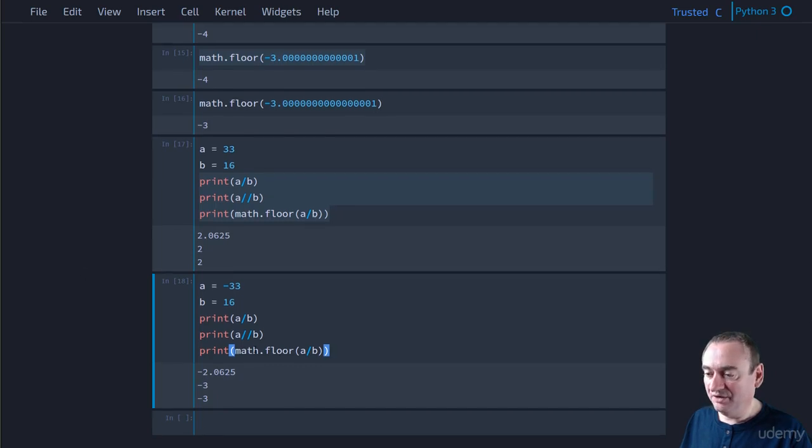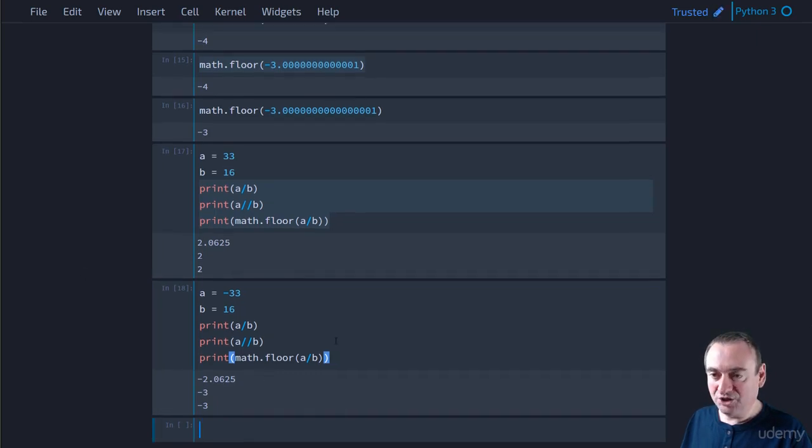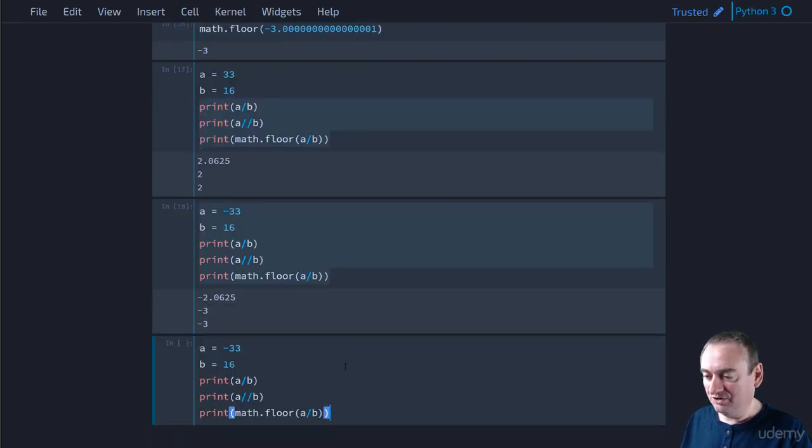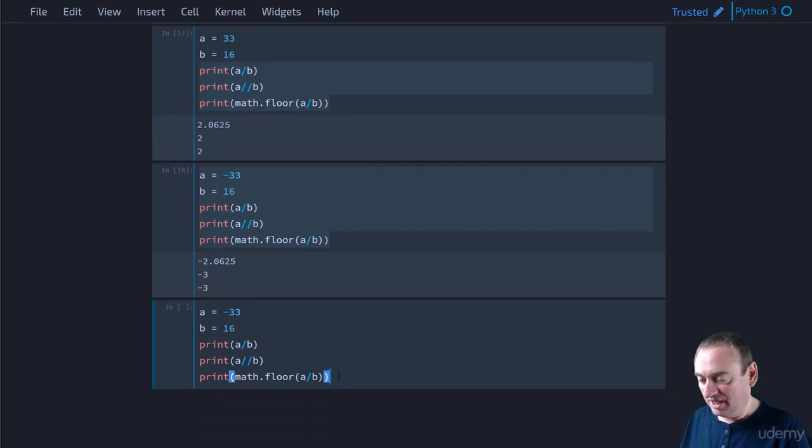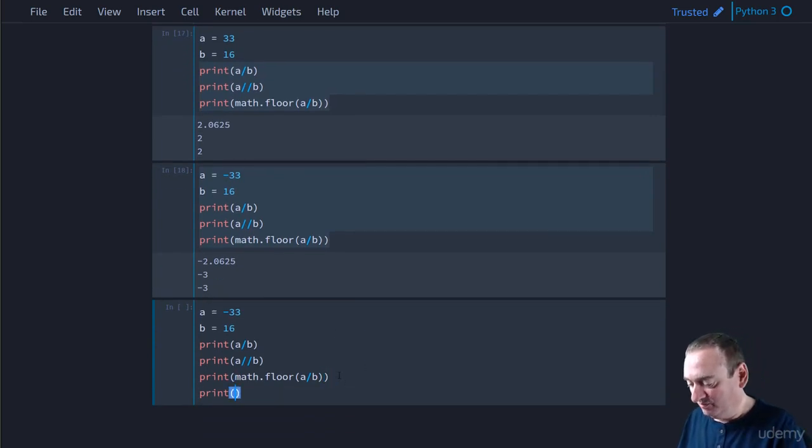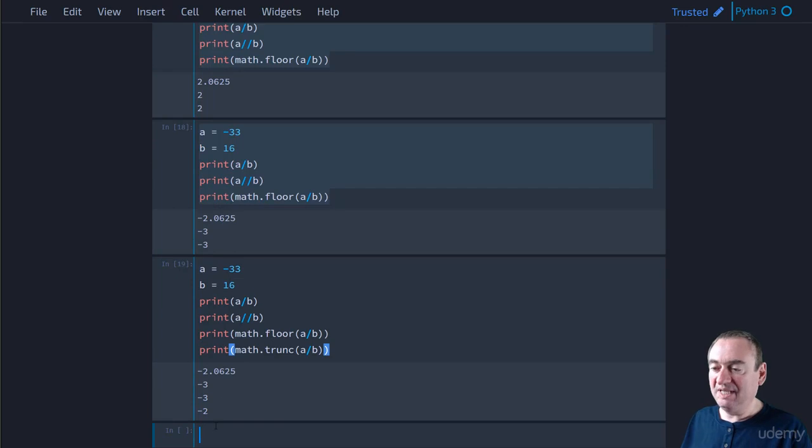Now I want to compare and contrast truncation, right? So let's look at this one again. I'm just going to copy and paste this code in here, and we'll look at truncation. For truncation, we'll print math.trunc a divided by b. And as you can see, the truncation is just giving us the integer portion of this number here. It's basically dropping everything after the decimal point and returning to us just the integer portion of this floating point